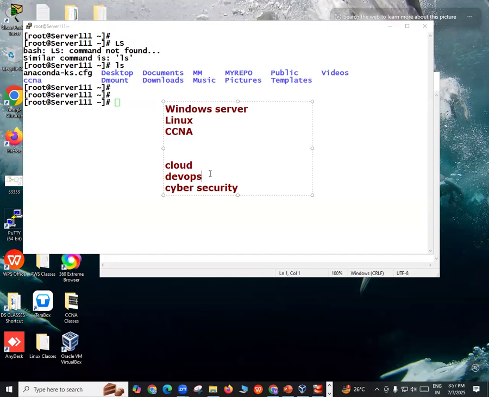Like, the IP addressing part, the networking part, the protocols, the OSI reference models, TCP/IP protocols, each and everything will be covered in CCNA. So my best suggestion is, anyhow, you're in the Linux server administration session now. A simple, personal, friendly suggestion is to try to learn these three.